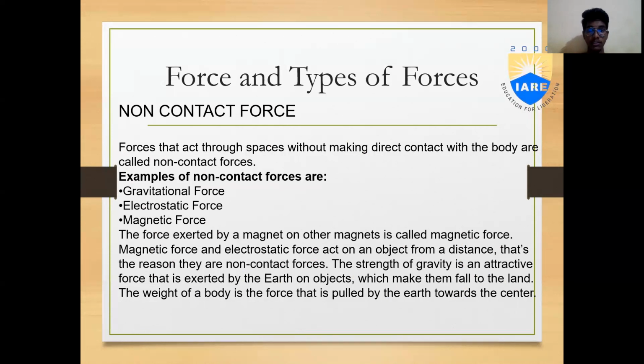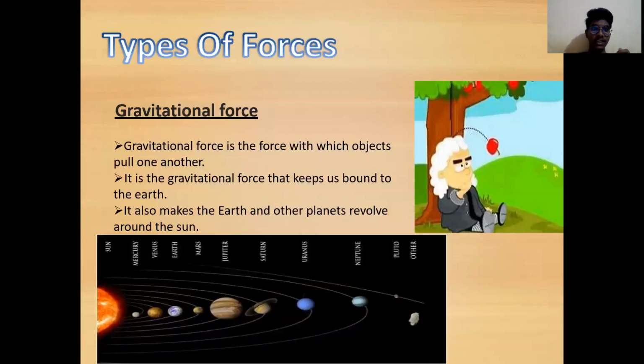As we can see, the gravitational force is different from these other types of forces. Gravitational force is a force by which objects pull one another. It is gravitational force that keeps us bound to the earth. We are lying on the earth due to gravitational force. If there were no gravitational force, we would float. It also makes the earth and other planets revolve around the sun. So gravity acts upon all these planets,